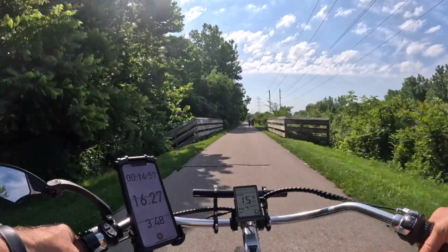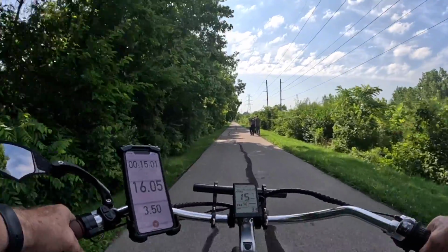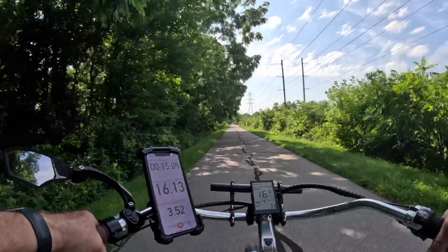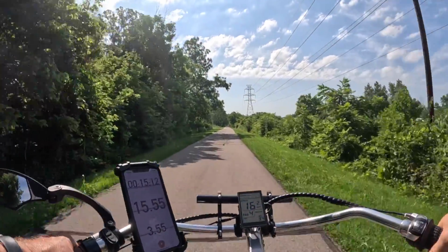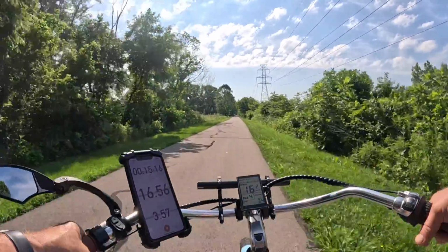Got to tighten up my mirror a little bit. It keeps coming a little looser. On your left. But yeah, I want to thank Blix for sending this bike to me. I've done several reviews on it already, but